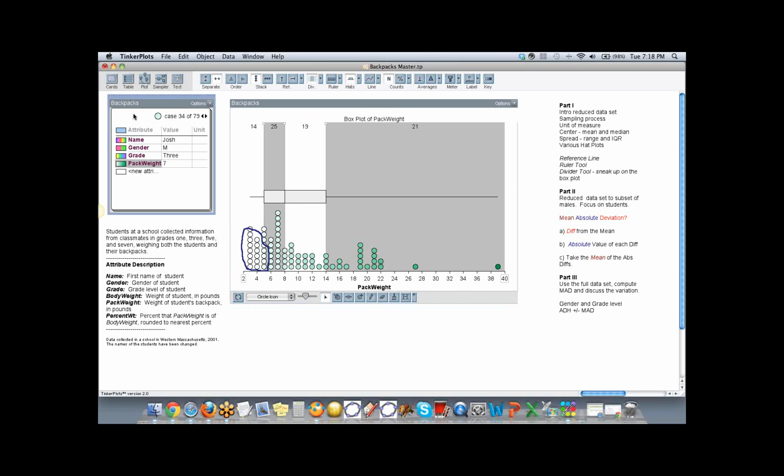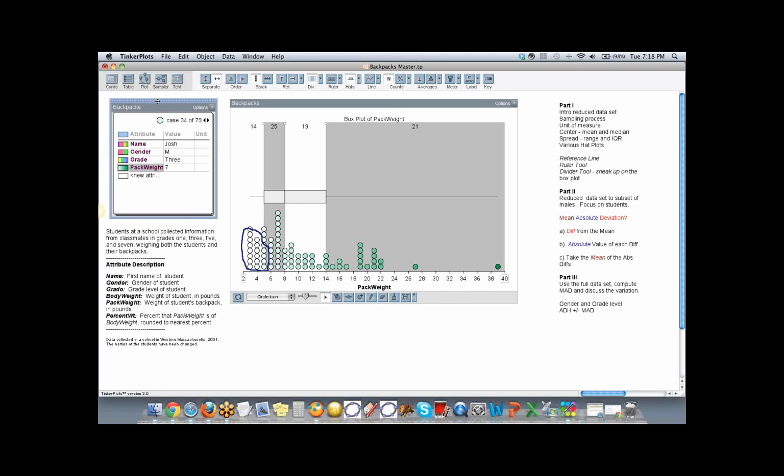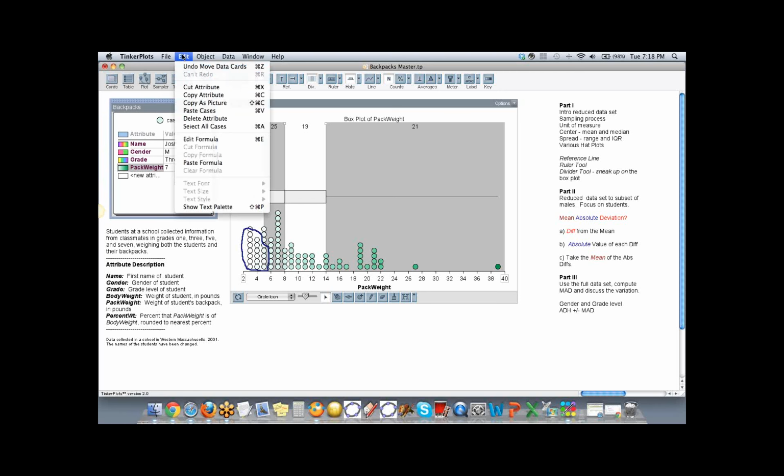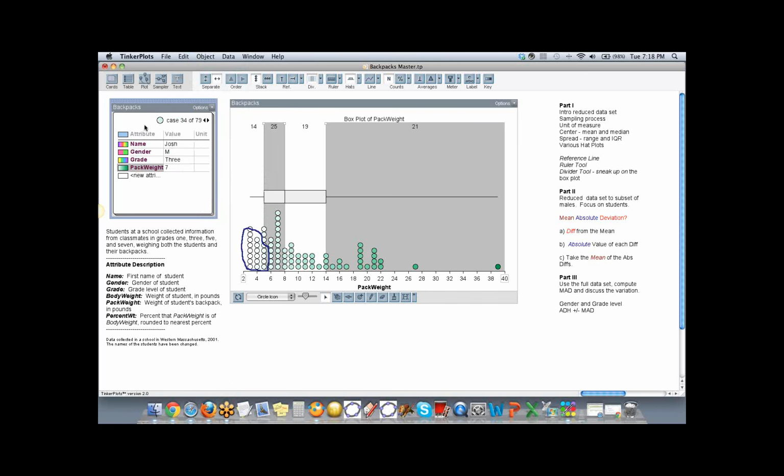And once you have copied that into your electronic clipboard, you're going to highlight this case table, well, this case cards, go up here to Edit, and click on Paste Cases. And that will fill up your cards with the first row as the names and the rest of the data inside the cards. So that's good.